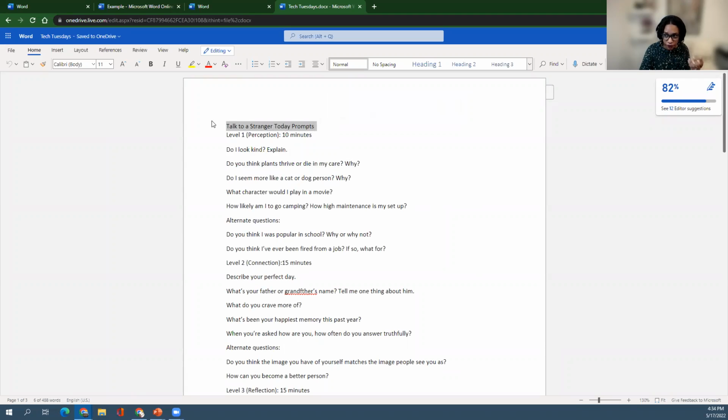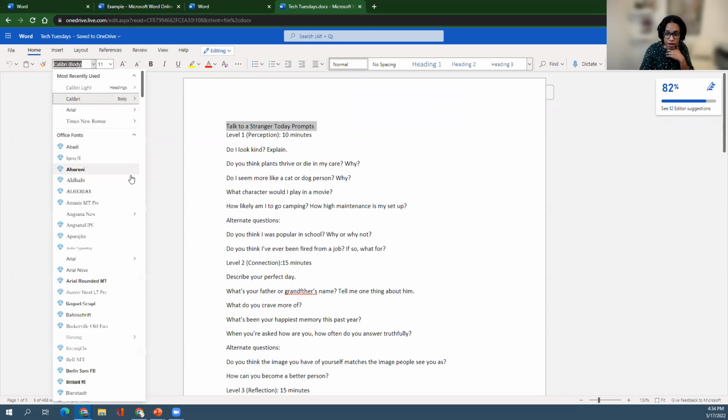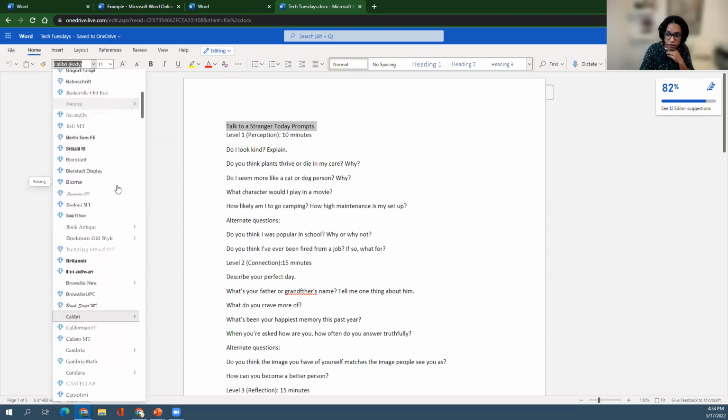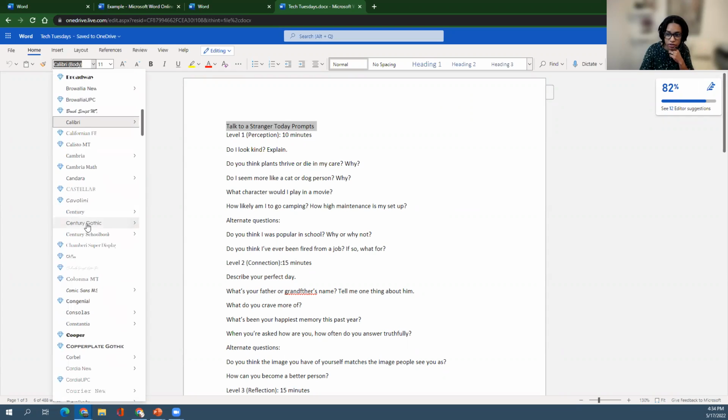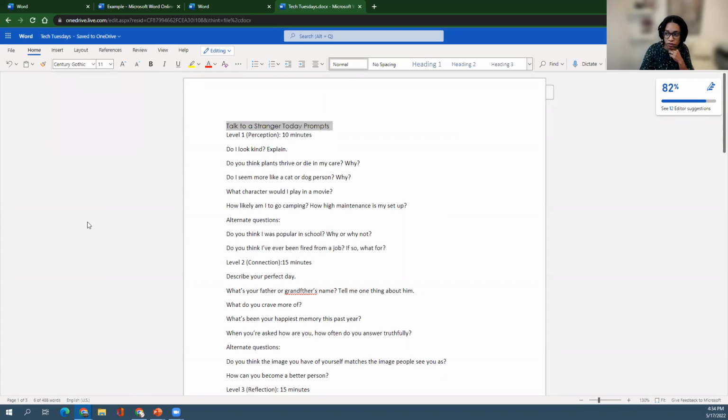And from there, we can change the font type. If we want to see a different kind of font here, we can scroll down and see what we've got. Okay, that looks good. And we can change the font size in the next drop-down menu